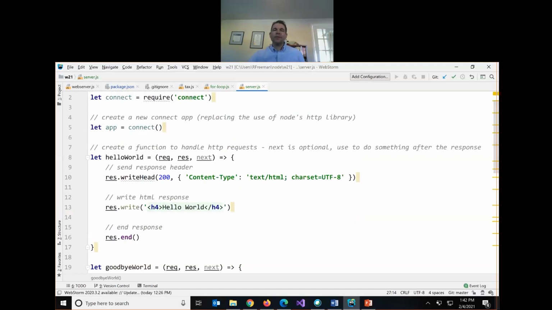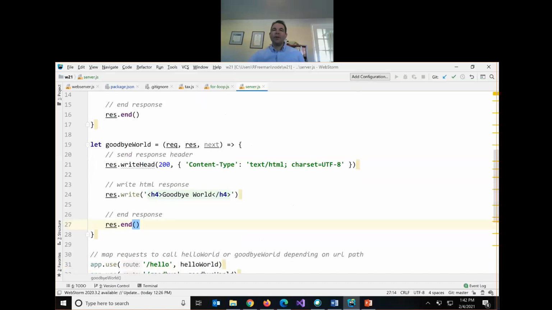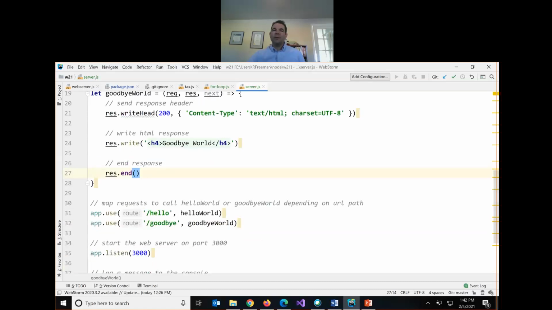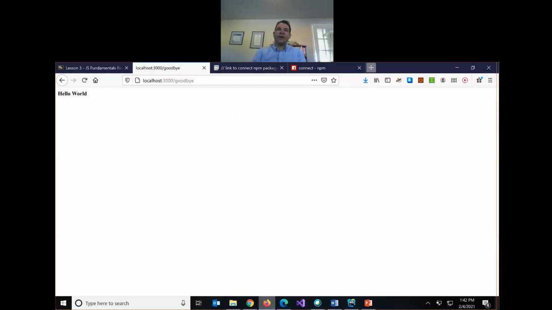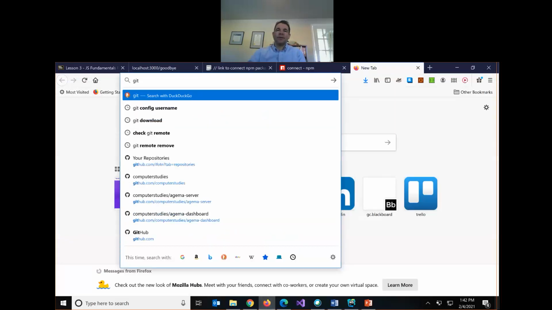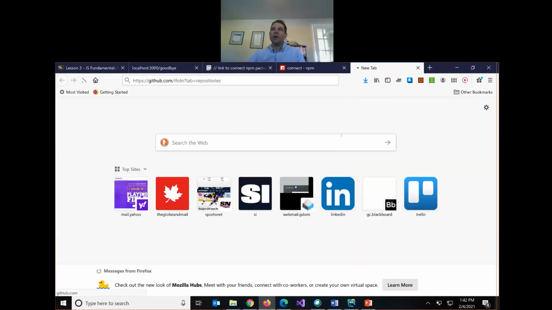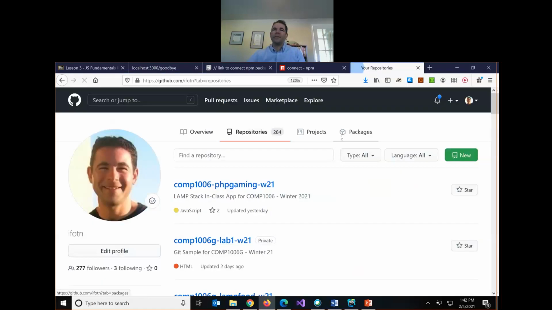So we've got two functions, hello world that prints a hello world response, goodbye world that prints a goodbye world response, and we're mapping different URLs. Like I said, this is the piece that .NET does automatically. We can actually see this in a .NET site. If we look back to our code from last semester,